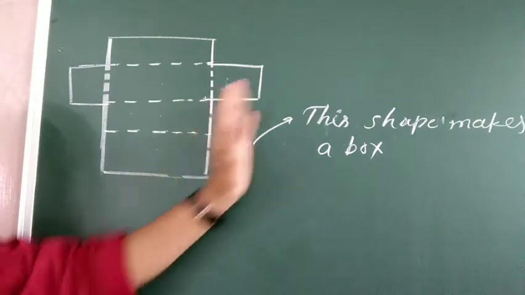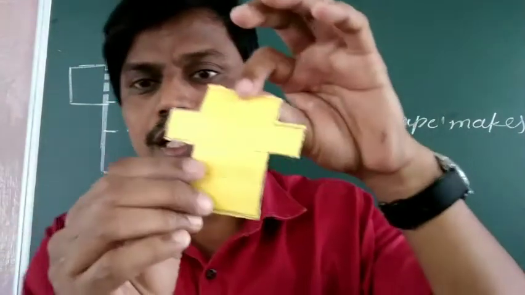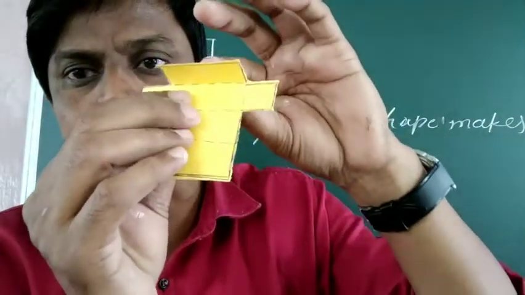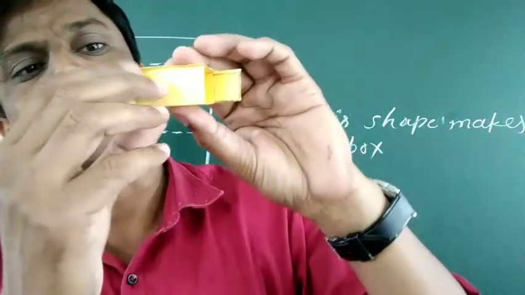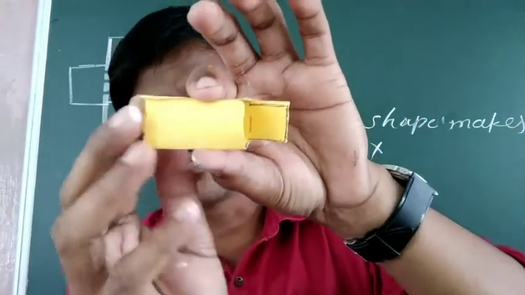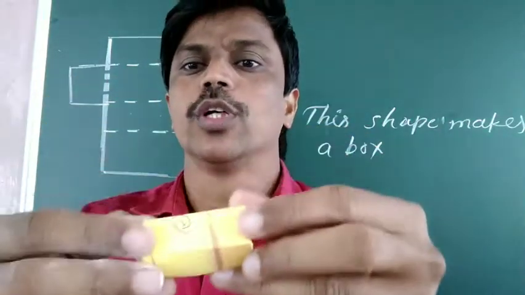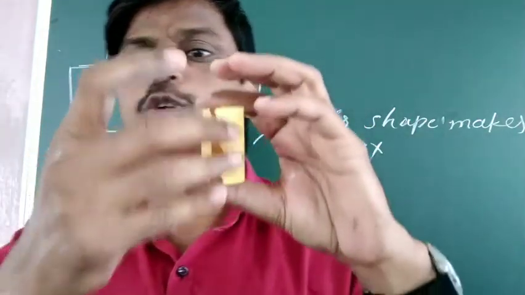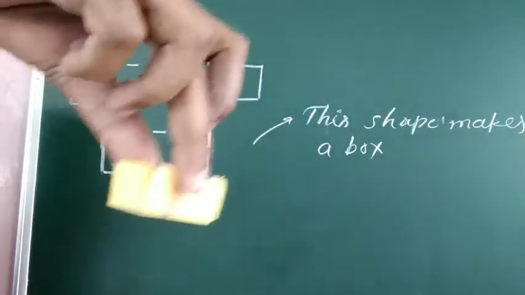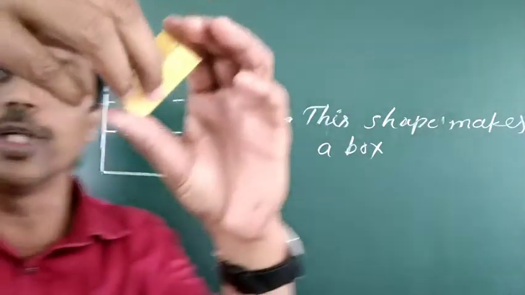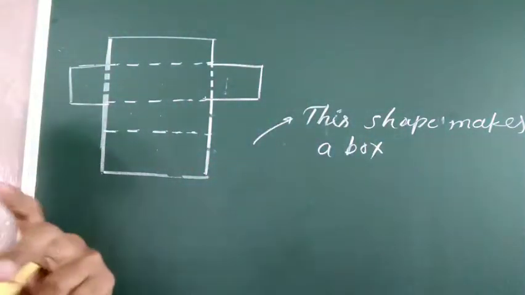I told you this earlier, that this shape makes the box, but still we will check again here for our confirmation. See, this is a dotted line. From this dotted line we have to fold here. See, this is 1, 2 fold, then 3 like this. And this is one more fold and one more dotted line. So like this, see, it is folded into a box. Like this it is folded into a box. Okay, now see, it is a complete box.